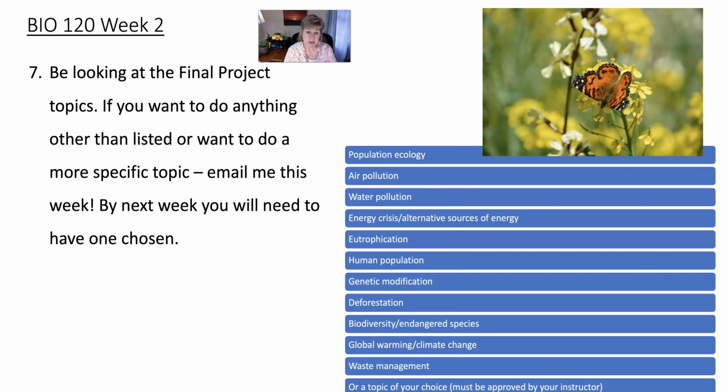The human population. We're expecting the human population to reach about 9 billion by the year 2050. We've got a whole week on this, our week number 8. But if you want to cover population, the human population and how it is changing, that would be good. Genetic modification. Be more specific with this one. So genetic modification of crops or livestock or something like that.